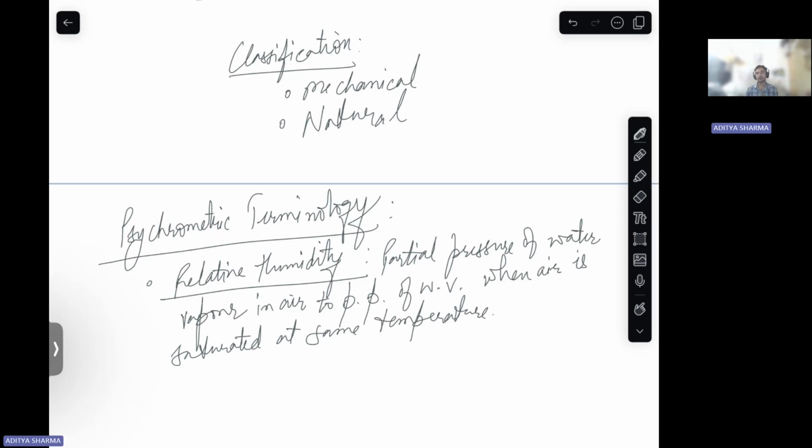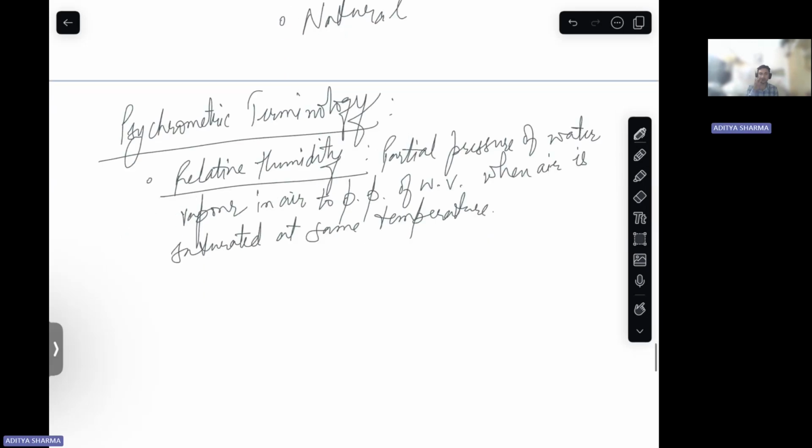In that unsaturated air, the partial pressure of vapor. Okay, so vapor will have some pressure, air will have some pressure. So the partial pressure of that vapor, when we take its ratio with the partial pressure of vapor in its saturated state at the same temperature, that is your relative humidity. Okay,